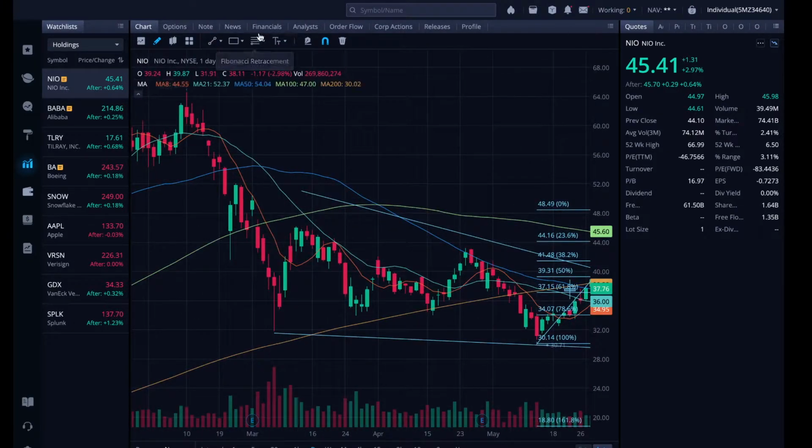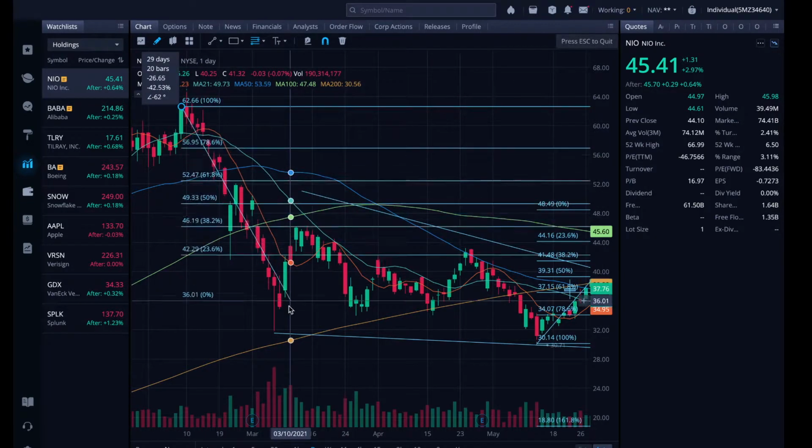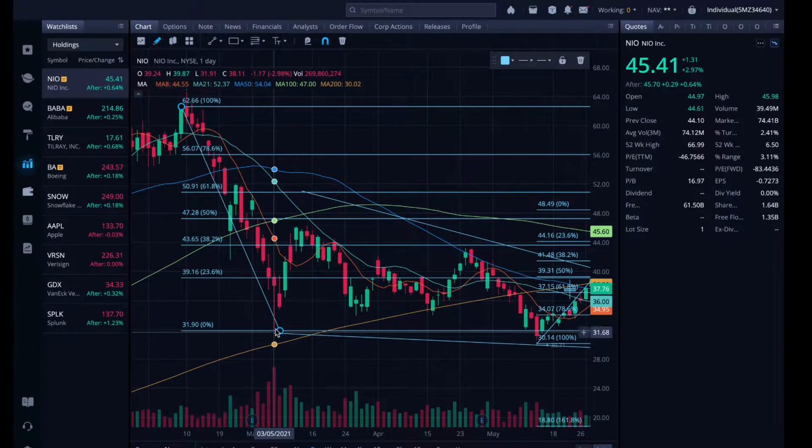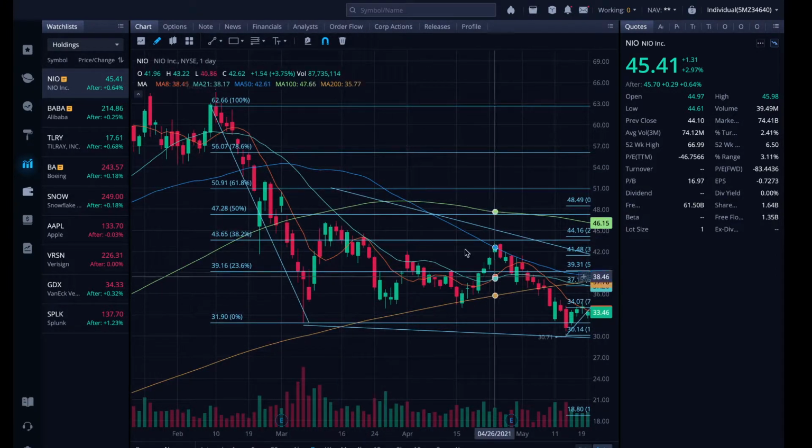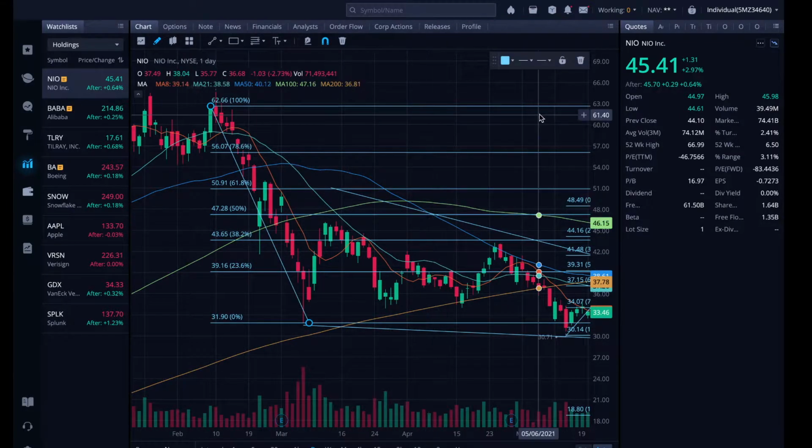You could use your Fibonacci on the way down and say, okay, let's just say from here, this stock can retrace all the way up to here, and then it'll fall back down. So here it retraces all the way to the 50, and then right back down. Obviously this is not a clean representation,